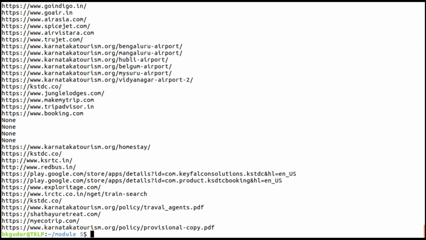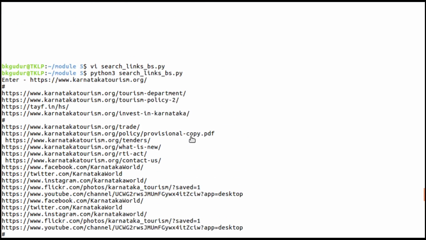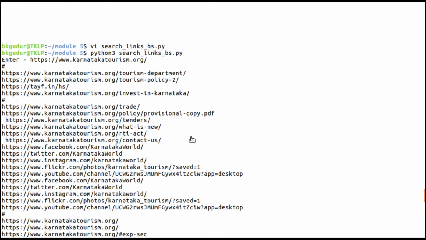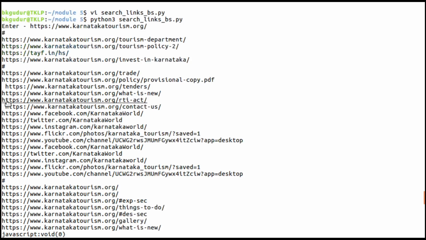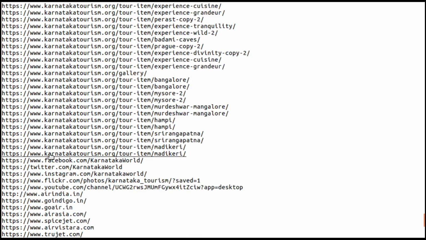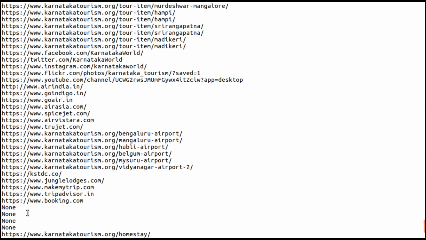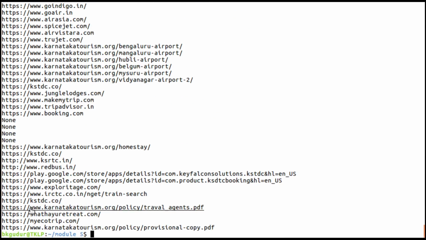Now you can see, dear students, it has extracted so many links, more than before. Look at this, it has even extracted a hash, and something like a JavaScript, and so many others, so many things which were not there before. You can see here.